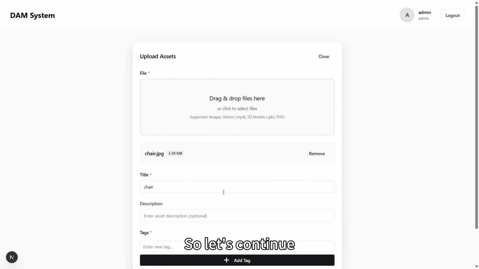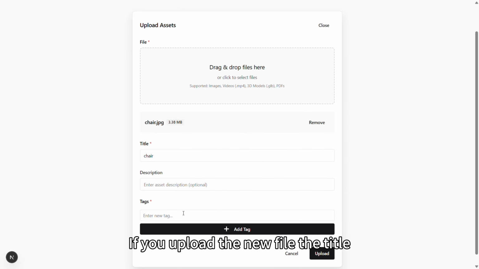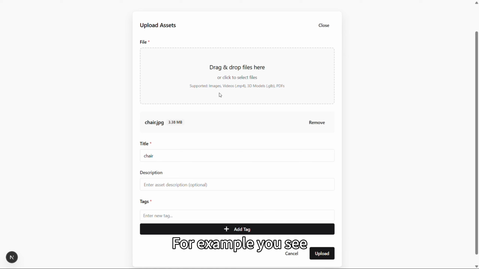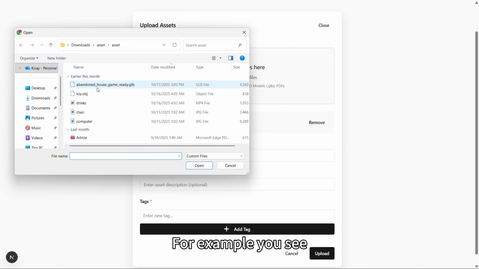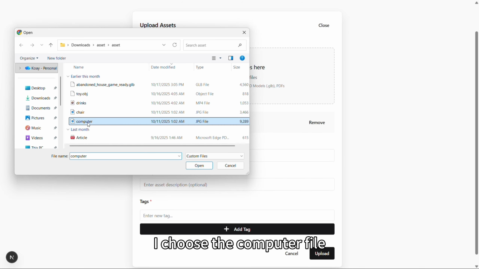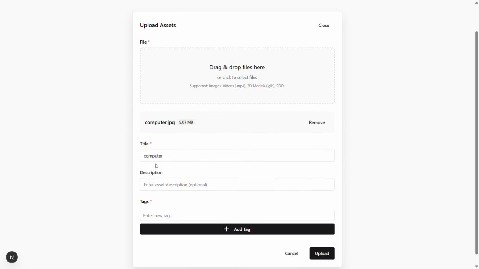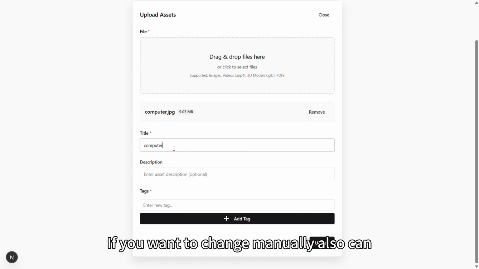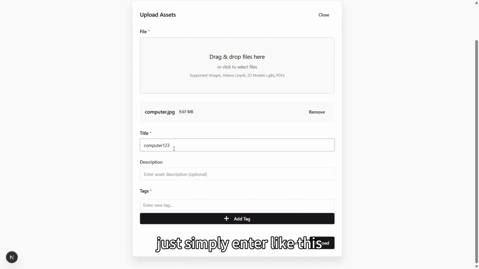So let's continue. If you upload a new file, the title will also update to match the file name automatically. For example, you see I choose the computer file. This title will be changed. If you want to change it manually, you also can. Just simply enter like this. Next is the description. I just simply put